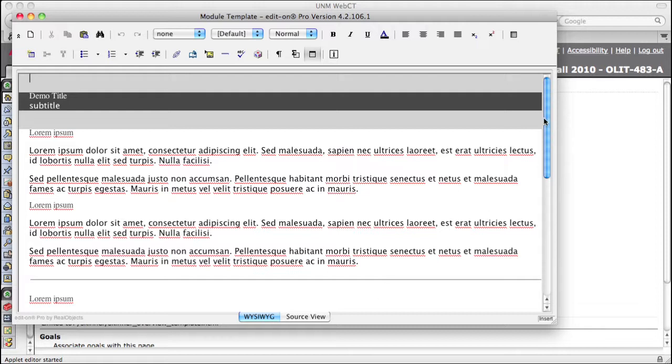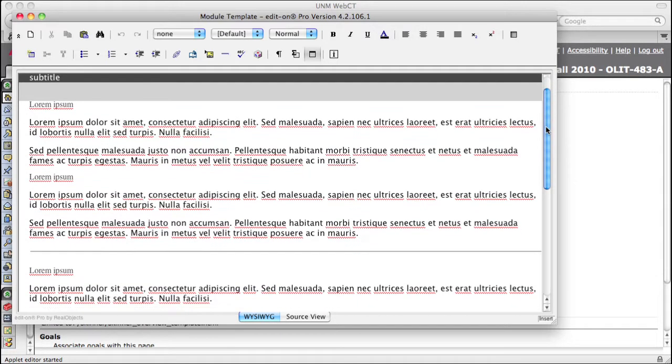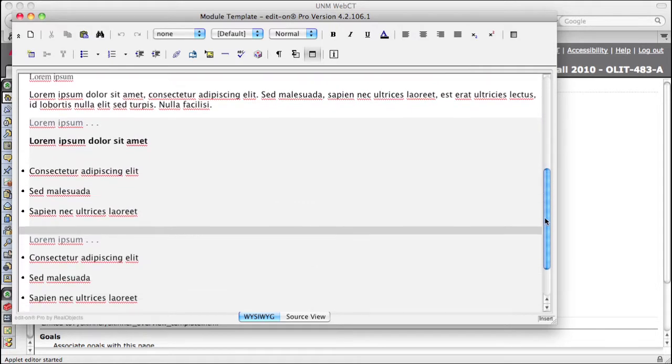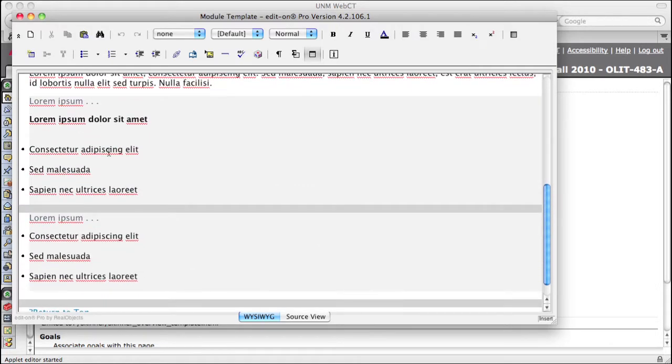So what are we seeing? Well, we're seeing the WYSIWYG, and unfortunately what you see is what you get doesn't always translate pages as well as we would hope. Meaning that on our template we have a nice two-column view, and it's not showing up in the WYSIWYG. What it does is, if I scroll down here,